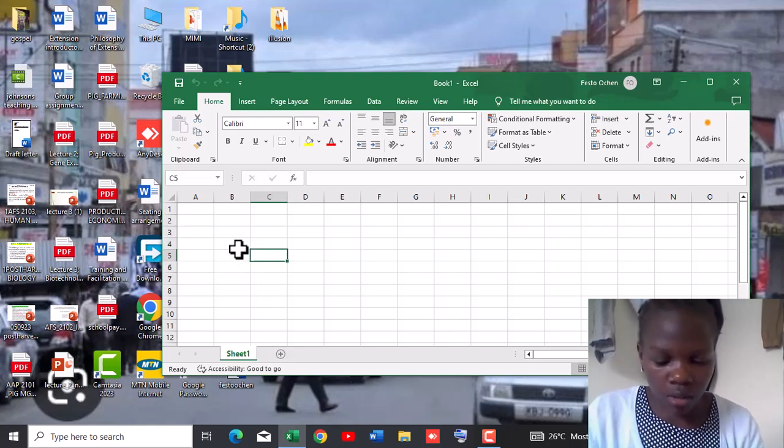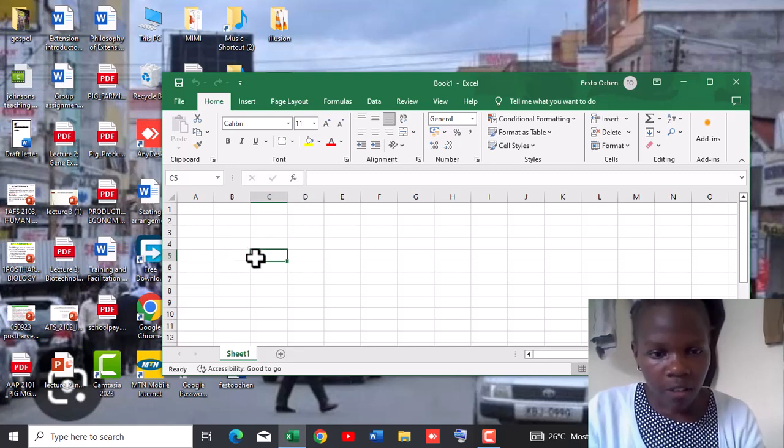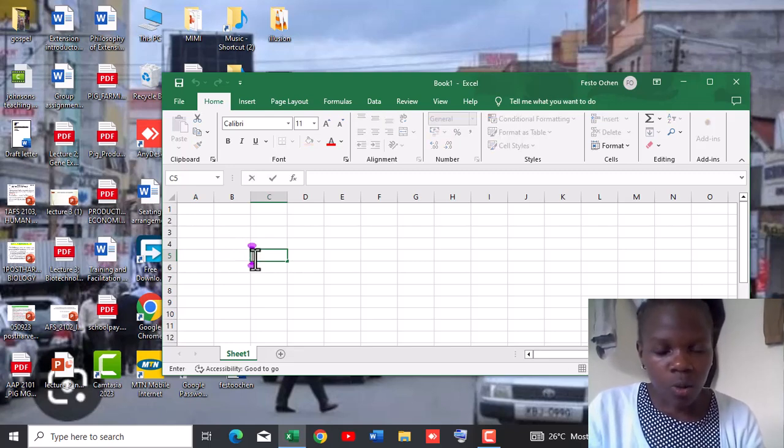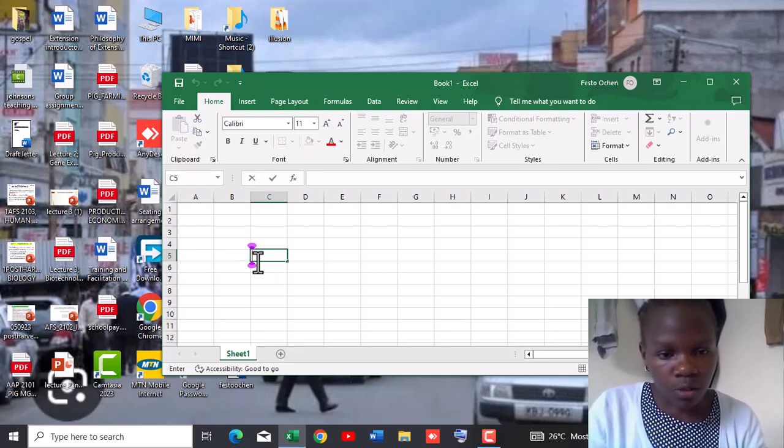So let us use, for example, when a student is having below 50%, should have like failed in his or her results,